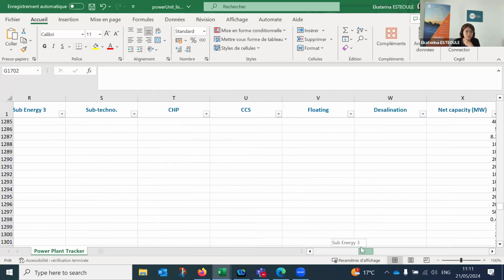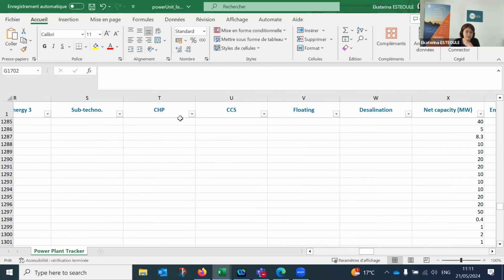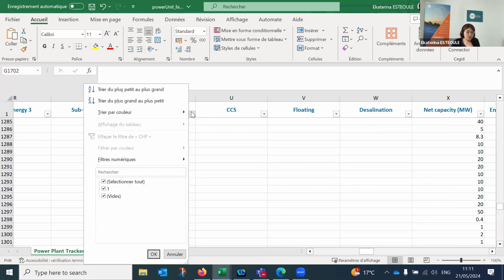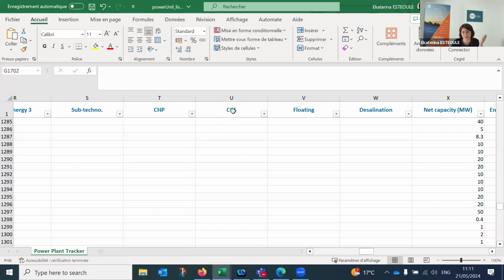So we are also covering CHP if this technology is installed in a given country or in a given company, so it's quite easy. The one represents that CHP is installed, empty information means that we don't have CHP on this particular unit. Also carbon capture storage, with the same logic behind.